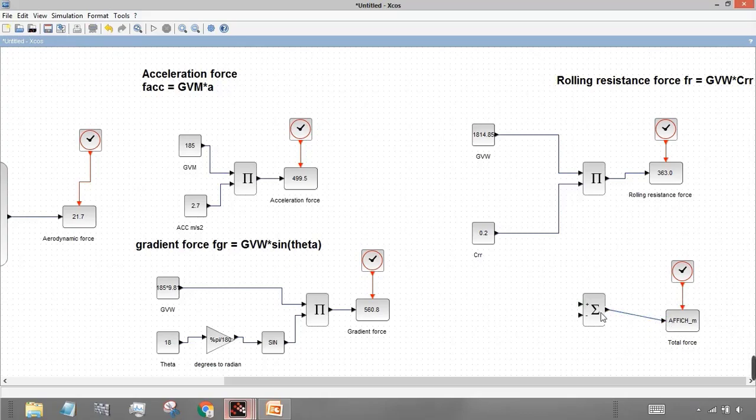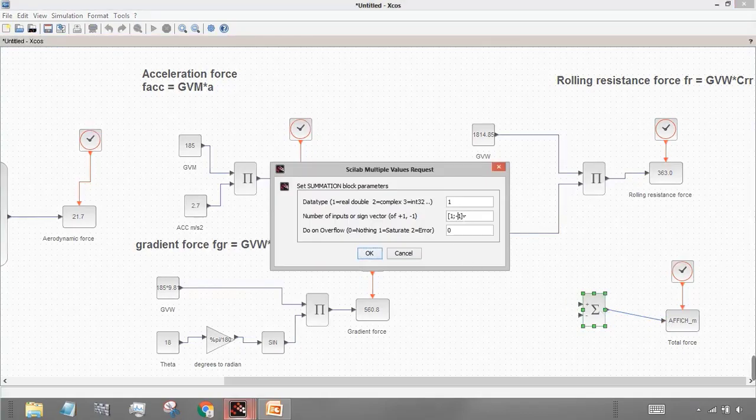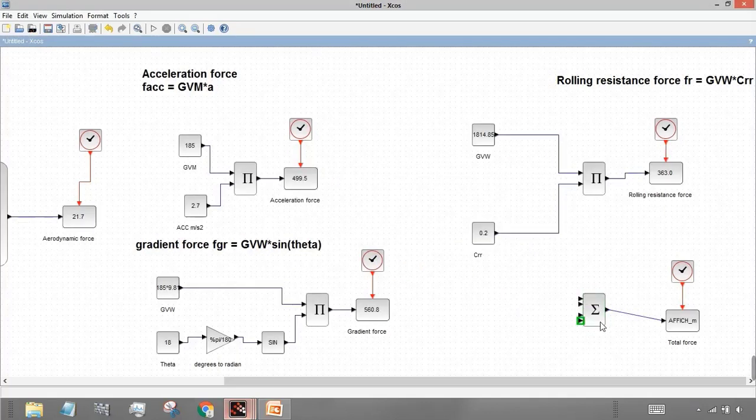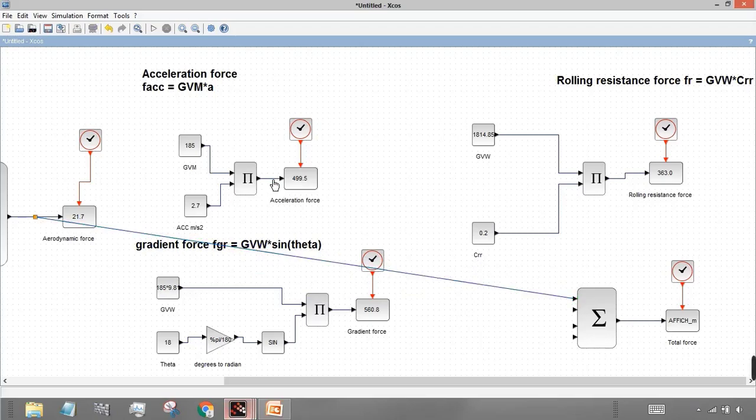For this we will be requiring 4 inputs. So I'll remove this negative, then add 2 more to it to increase to 4 inputs. I'll increase the size. For this, first will be my aerodynamic force, then next will be my acceleration force, third will be gradient force, and fourth one will be the rolling resistance force.